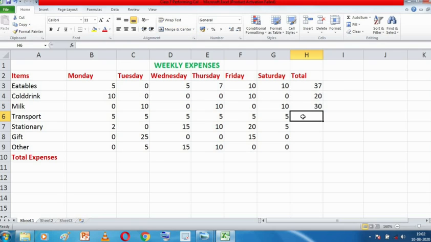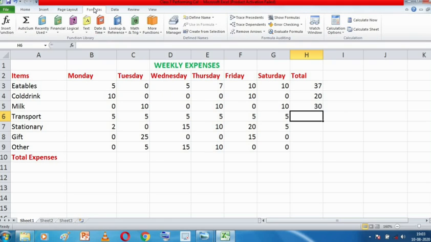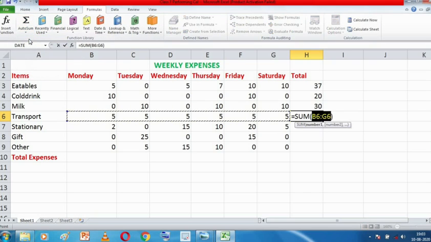Let me tell you about the formulas tab also. Suppose for H6 I will use the formulas tab and the sum function. I'll come to H6 and then go to the formulas tab. Students, in this formulas tab, in the function library, you can see there are many functions, but we want the sum function or auto sum function. Just click on this button and go to the sum function.